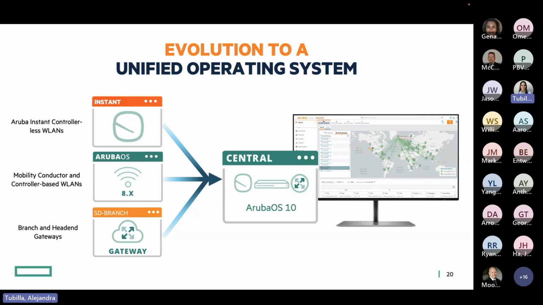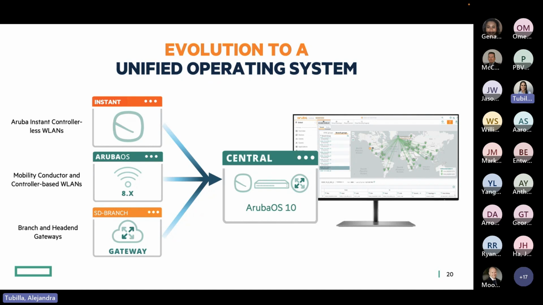WLANs, which means, as I was mentioning at the beginning, we can manage our APs from Aruba Central. Before AOS 10, in AOS 6 or AOS 8, as you remember, we called them instant APs, which would create a cluster where one of the APs would function as a virtual controller and take a lot of the functionalities that the controller does. And with that, we would need one AP that would have a little more to do